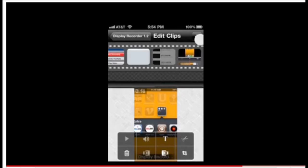Now, the reason I haven't tested this out on the iPad is because the jailbreak people haven't figured out yet how to jailbreak the iPad 2 untethered. An untethered jailbreak would mean that if you shut down the iPad, you can launch it in jailbreak mode again without having to launch it through a computer. That's what makes it untethered. But I'm sure the jailbreak people are going to soon come out with an untethered jailbreak for the iPad 2,